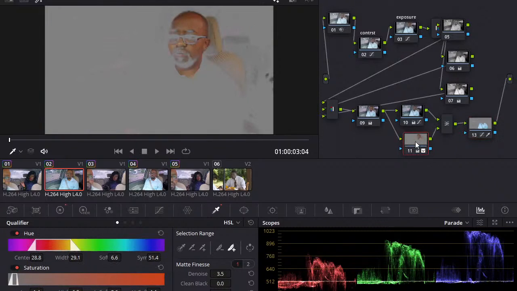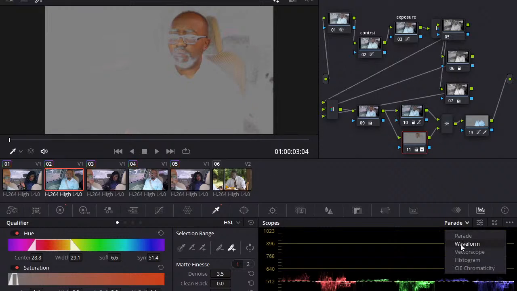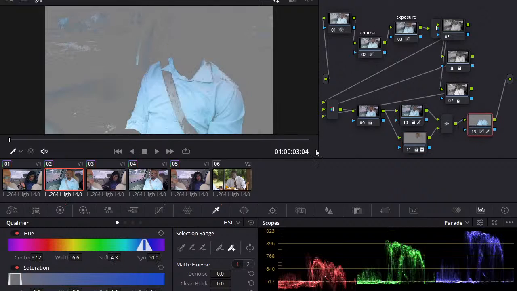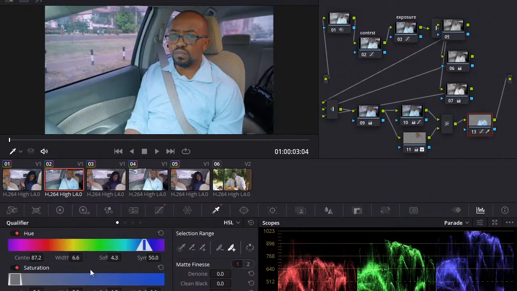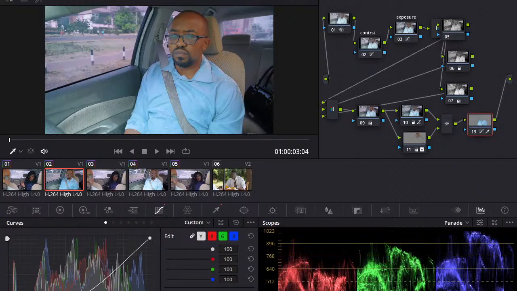So this is why you can use a layer node. You can see the skin is the skin regardless of whether you're dark or light skin. You see, as long as you had qualified the skin, it's supposed to remain on the skin. So you see, the vectorscope. It's good, even good I've clicked that one so that you can see it for yourself. But we are here now, right? So I think now I've qualified it. You see, you can just mess around only with the shirt without messing around with everything else.